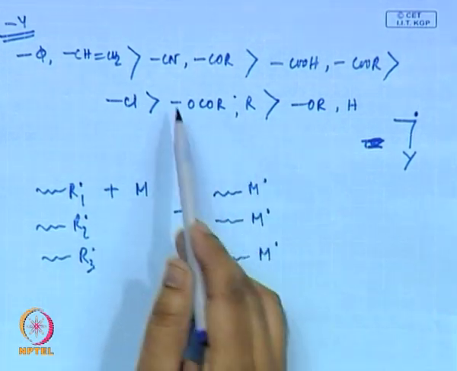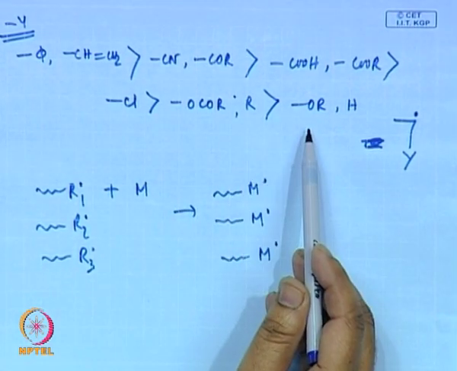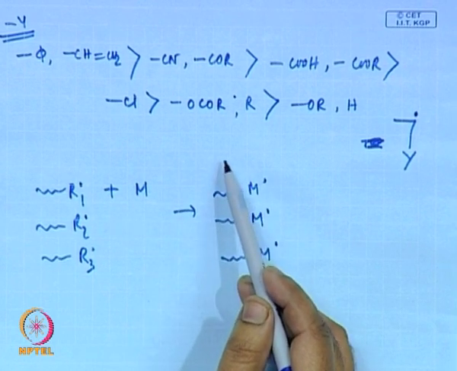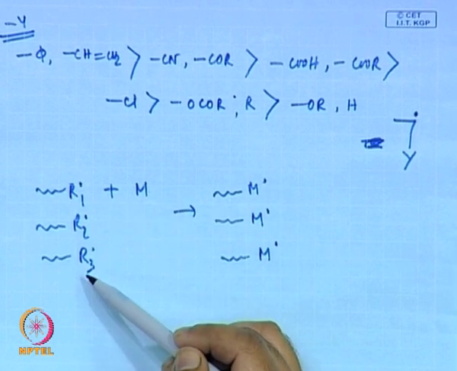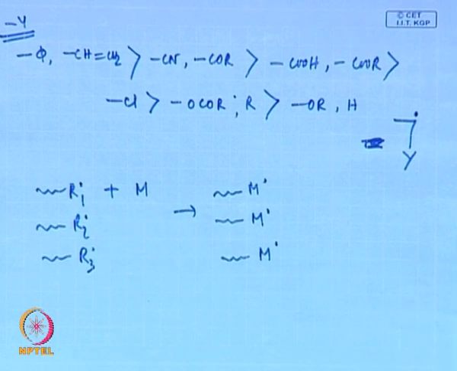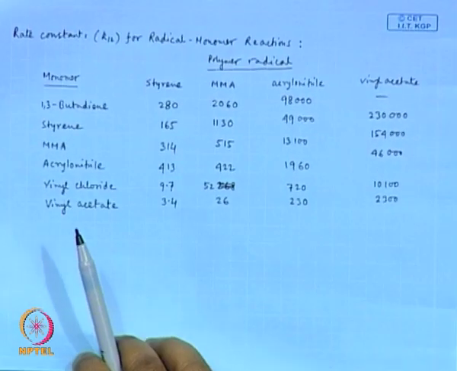Now, the radicals from these monomers will have exactly the reverse order when you compare their reactivity towards a single monomer. Now, let us compare some numbers,